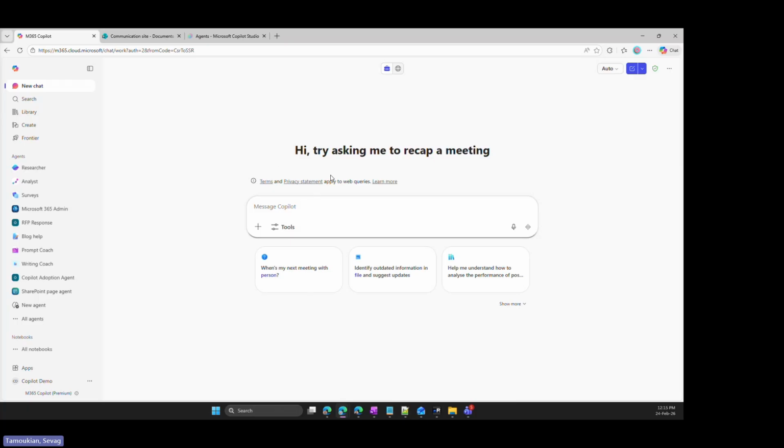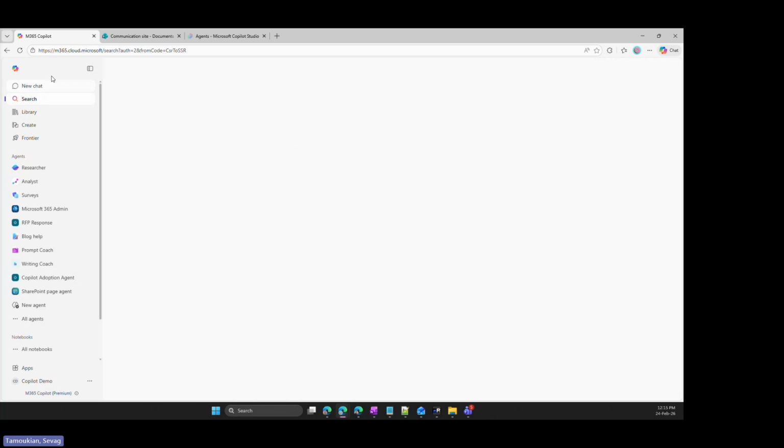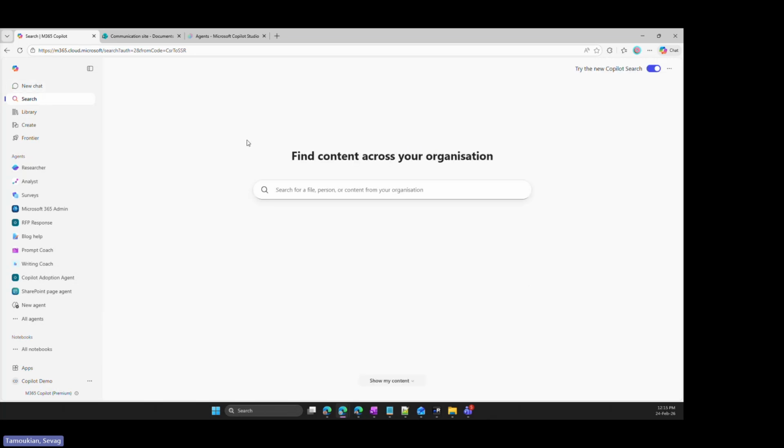What Microsoft did after seeing this behavior is put a search button over here within Copilot, where it just searches for you and searches information within your company. So another thing that Copilot does, the rest cannot do by default, is Copilot has access to everything you have access to within your organization, meaning your emails, your chats on Teams, your meeting notes, your SharePoint sites you have access to, your OneDrive, and so on and so forth.